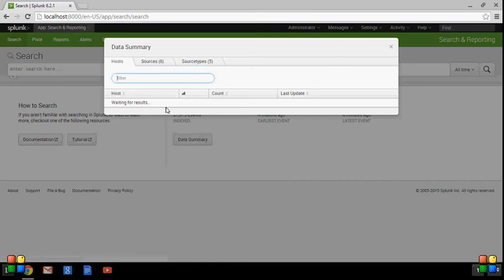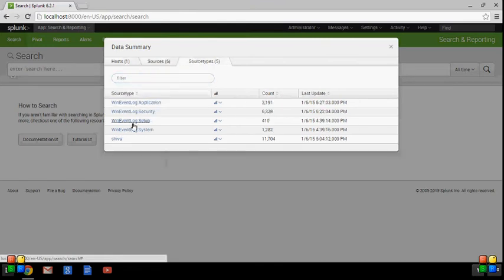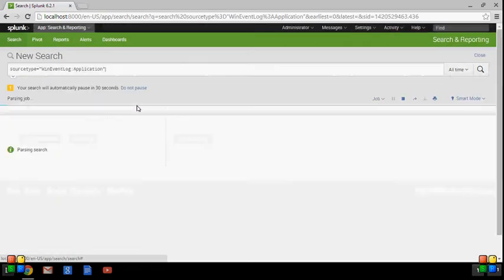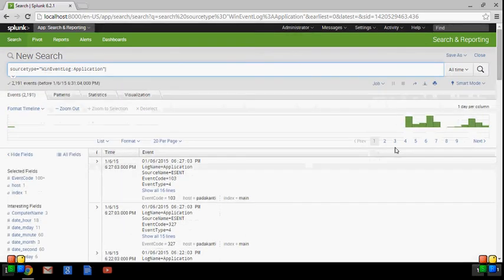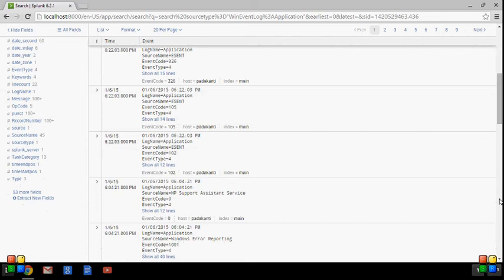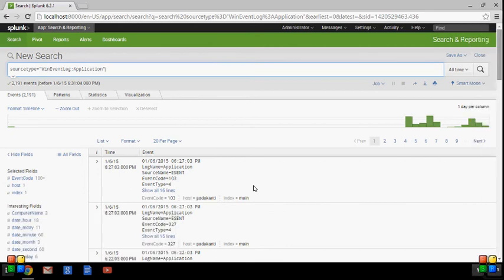And here we have to select the host or sources or all the things, where we can select anything. When I am selecting the application Windows event log application, there are many events that occurred, with many fields like host name, event code, index, and many more. This is the event code, highlighted, 103, and this is the host name,